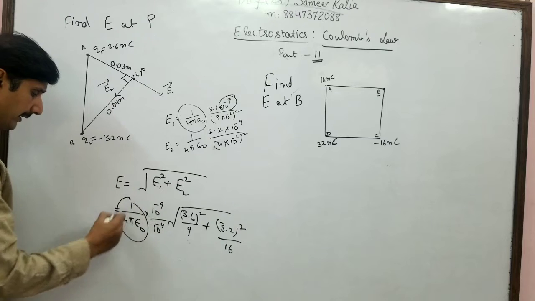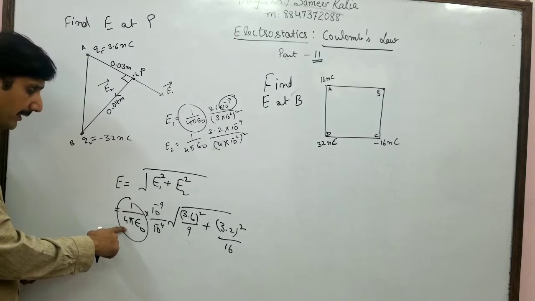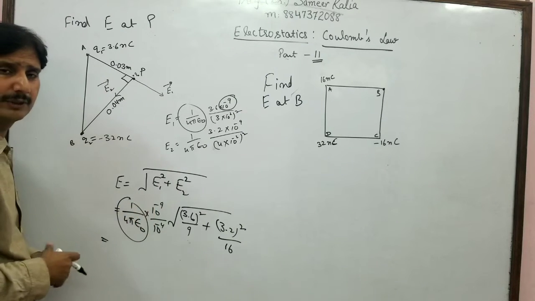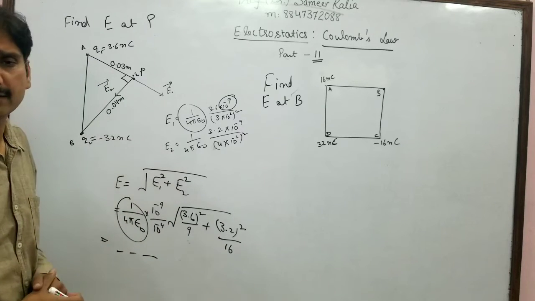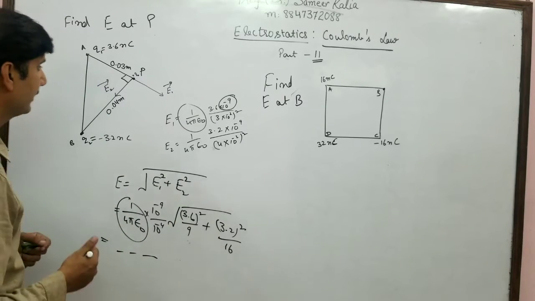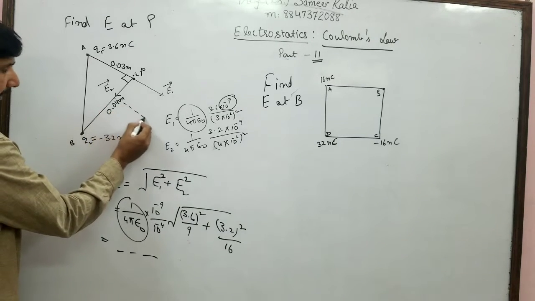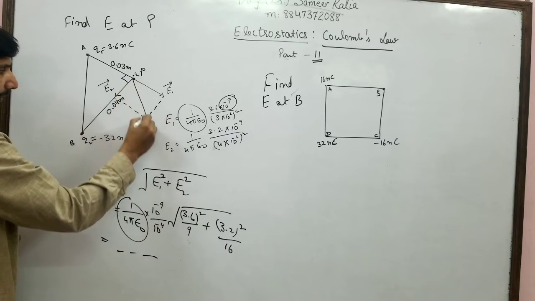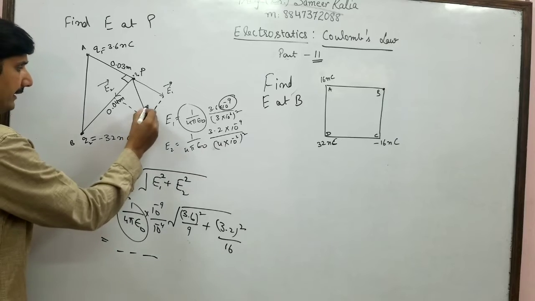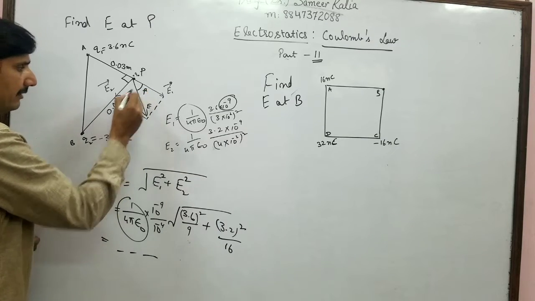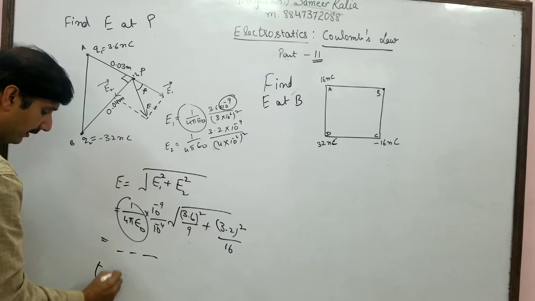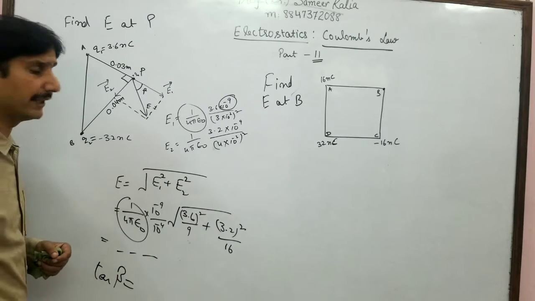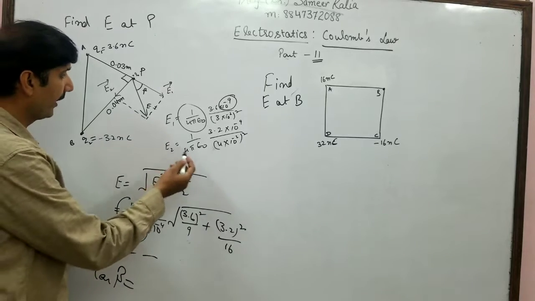Now you can put in the value of 9 × 10 raised to power 9, which will get cancelled out with the 10 to the power minus 9 factor, and other algebraic simplification can be done. If you wish to find out the direction of the resultant field, let's say the electric field is in this direction E, you can define this angle beta. How would you find the direction of the resultant electric field? Tangent beta will be equal to